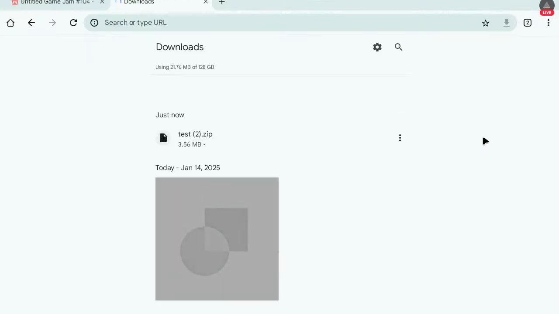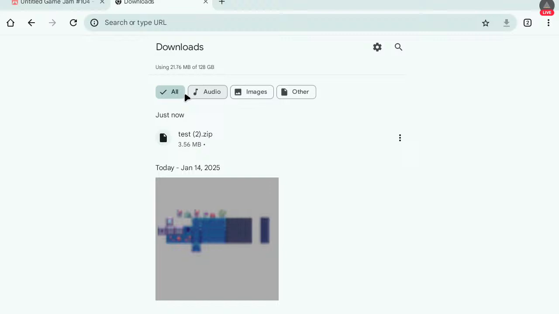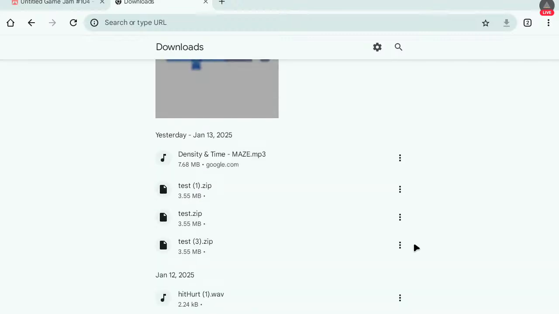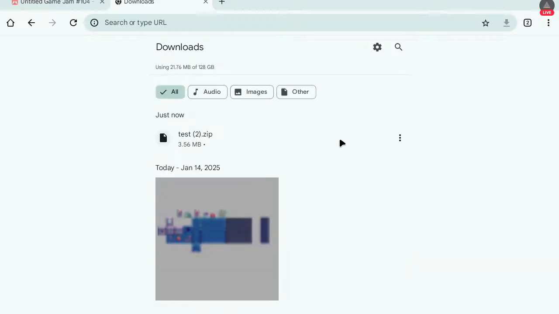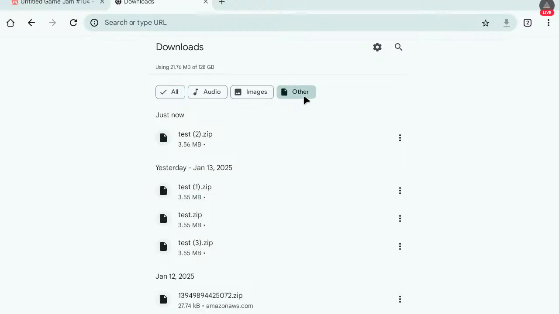Download. This thing isn't showing me. Oh, test 2. Oh, come on.